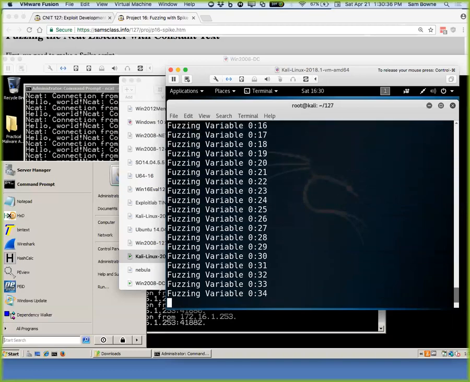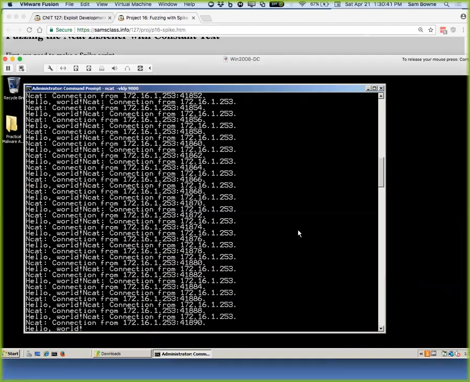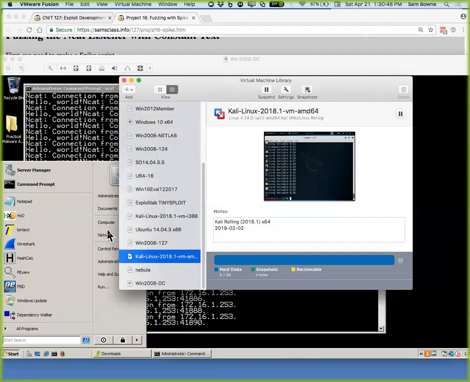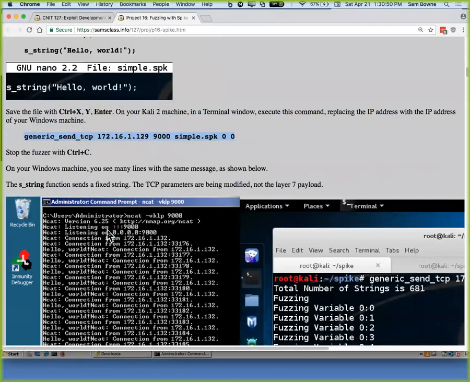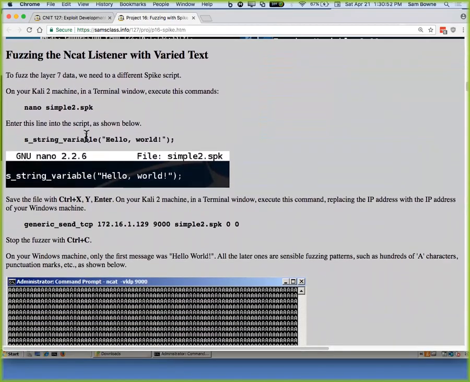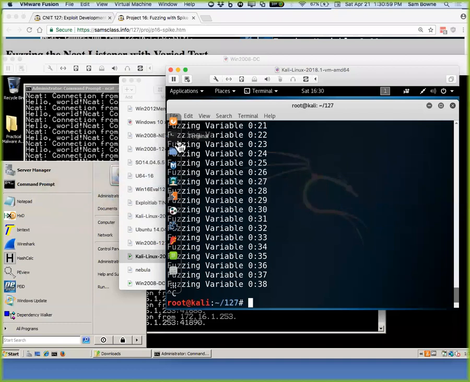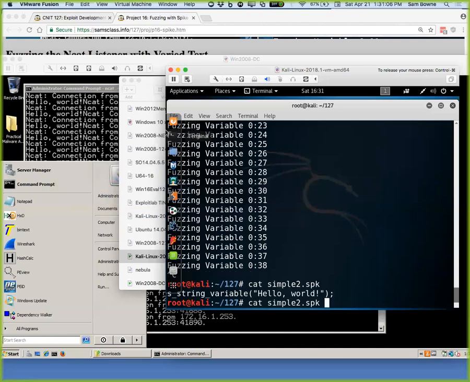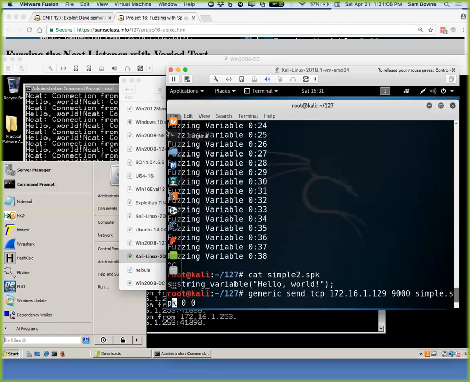Yep, it works. So it's sending a bunch of stuff, and all it's sending in this case is hello world over and over again. So that's not very intelligent fuzzing. That's just the simplest case where you're not accomplishing anything. So we have to do a little more than that. We'll make this a variable instead of a string. We'll put this in the spike definition file to run Spike again. Actually I've already got it, simple2. So if I just send simple2 the same way,